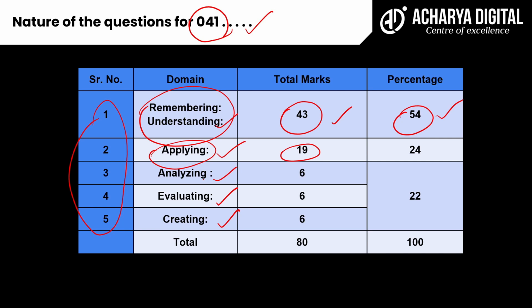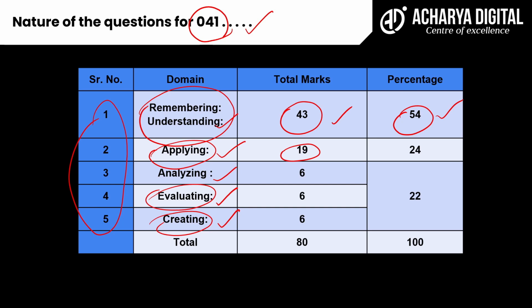In case of analyzing, you are doing the analysis of the given question and accordingly you are solving the example. Evaluating is finding the value of required quantity. Creating is nothing but, suppose a triangle is given in case of trigonometry and you are supposed to not just, kind of in case of word problem for trigonometry. In case of creating domain, in case of word problem of trigonometry, application of trigonometry,